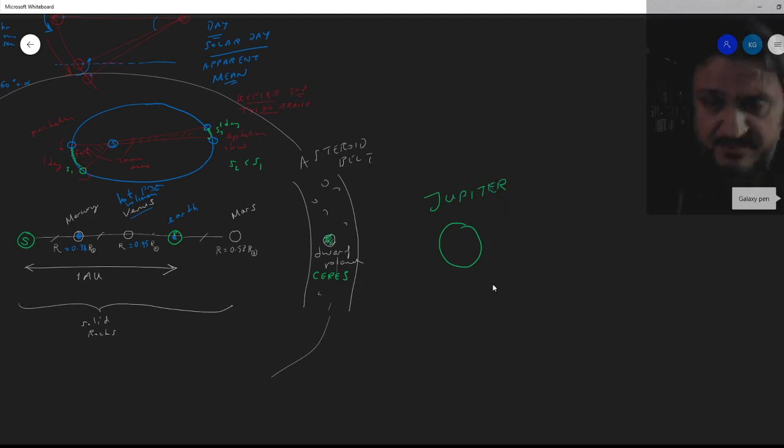Jupiter is huge, the biggest planet. All right, and now we have Saturn. Saturn is also huge. And Saturn is famous for its bright ring, okay? I mean, Jupiter has a ring too, but it's not as bright. Now, the radius of Jupiter is 11 Earth radii, and Saturn is around 9 Earth radii. So both are really big planets.